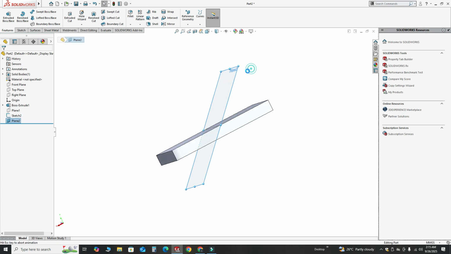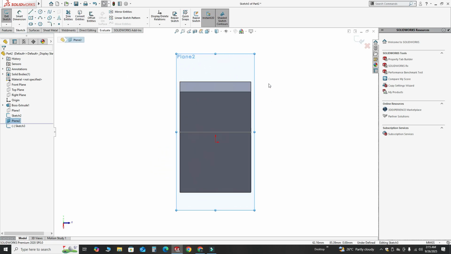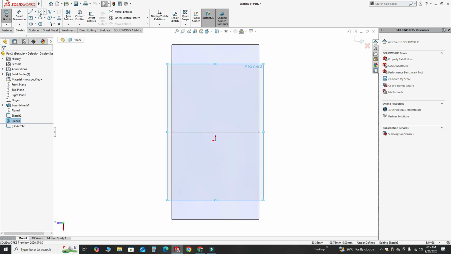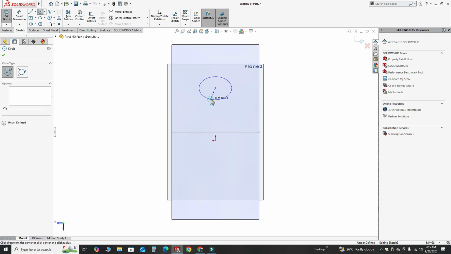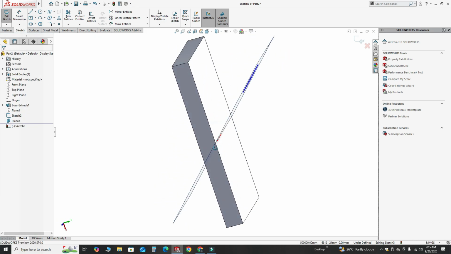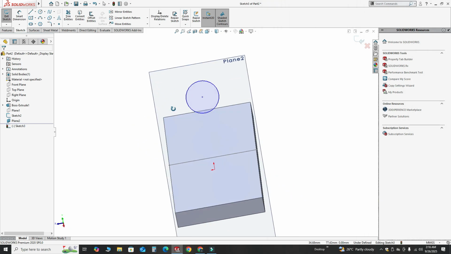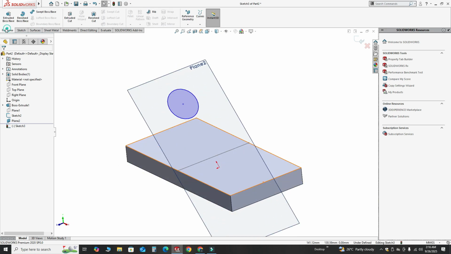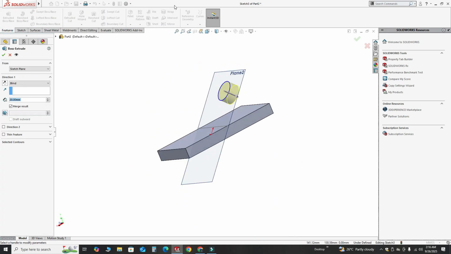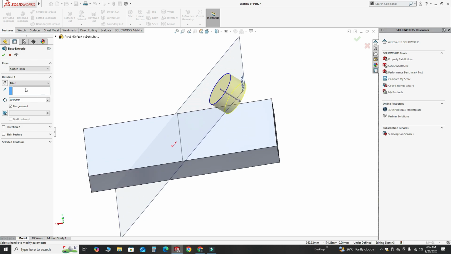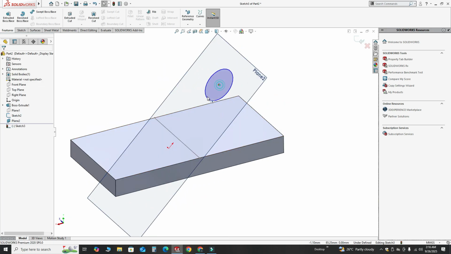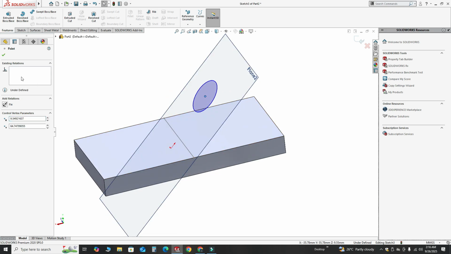So select this plane, sketch, and let's sketch a circle. And you can see this circle is drawn on this inclined plane. Okay, so go to here features, extruded boss, and this time I can use these options like up to surface. Maybe I can drag this to here, and then I will use this extrude command,